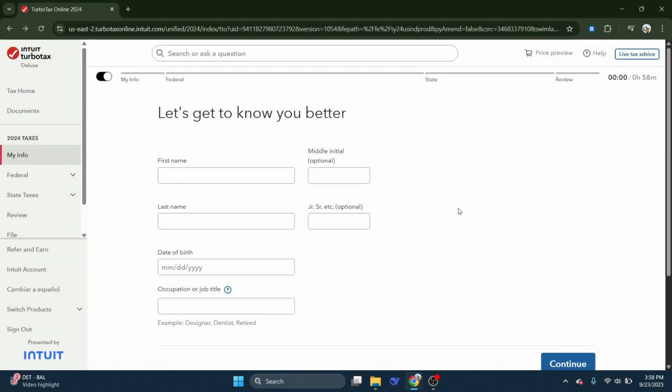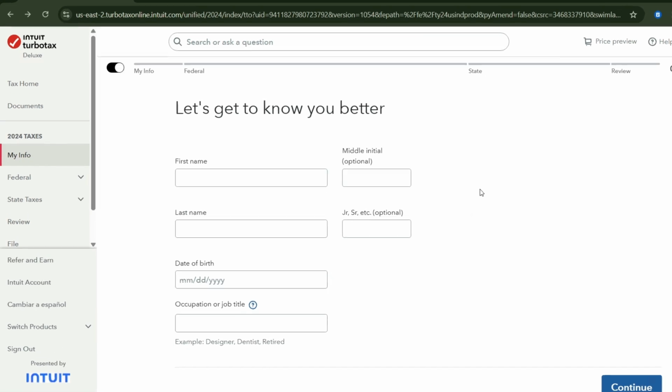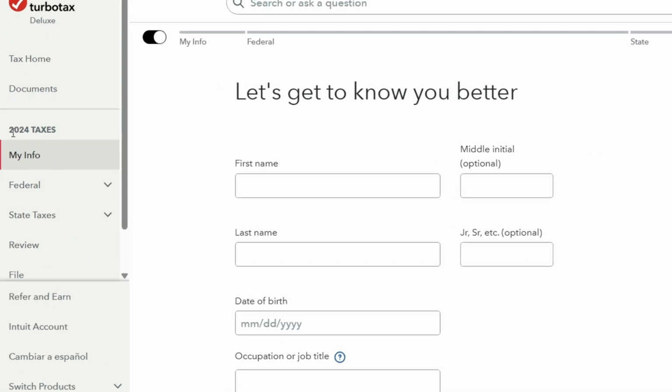First, head over to the TurboTax official website and import. After you've signed in, you'll land on the TurboTax homepage. Here, locate and click on the section labeled 2024 Taxes. This area of your account is where you'll find all the options and tools necessary for managing your filings for